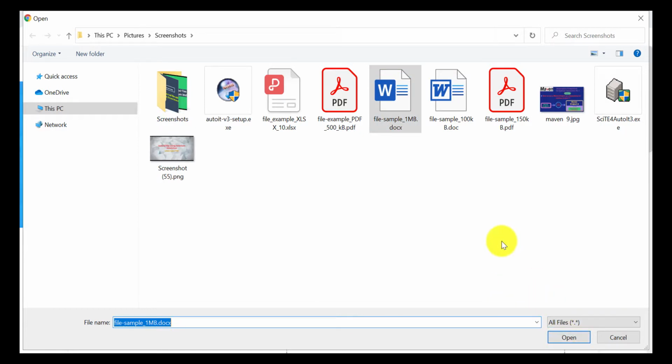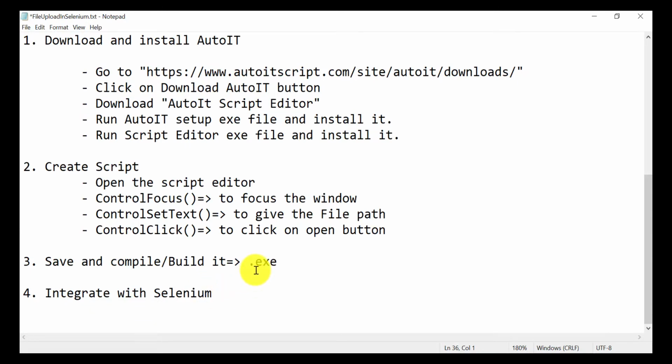This much window action will be automated through AutoIT. Once that .exe file is ready, we just have to integrate it with Selenium, meaning run that .exe file through the Selenium script. So only 4 steps are there. Let's go one by one.